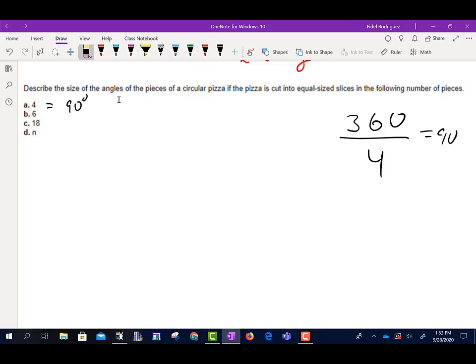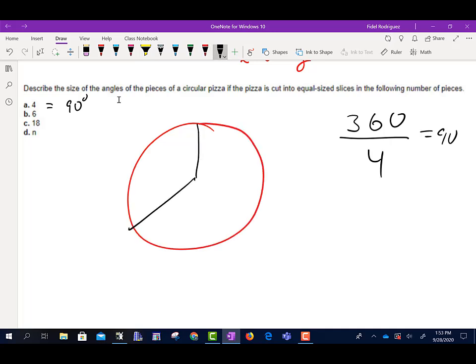Okay. So part B says we're going to take our pizza and we're going to cut it up into 6 equal pieces. Okay, there's my 6 equal pieces. So we're going to take 360, we're going to divide it by 6, and that's going to give me 60 degrees. So for part B,